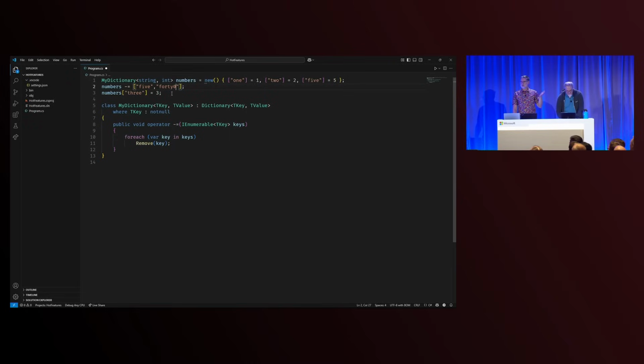But coming back to the actual implementation, or rather the signature there, many things are weird about this compared to the operator overloads you may know today and that you can kind of pretend that you remember the syntax for. First of all, it's not static. That's so weird. Why is it not static? Well, you really want to mutate the receiver, the left-hand side. So why go to a bunch of trouble making it a parameter that would have to be a ref parameter when it's a value type, because otherwise you couldn't mutate it? Let's just make it an instance operator, and you're just mutating the struct or object that is being called on.